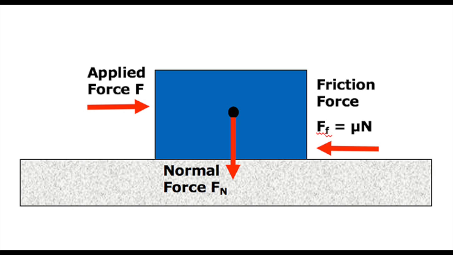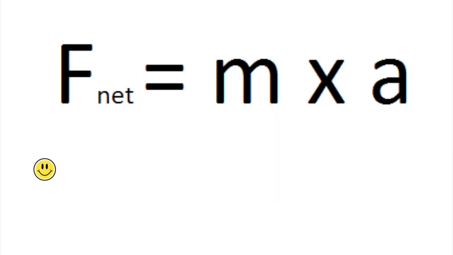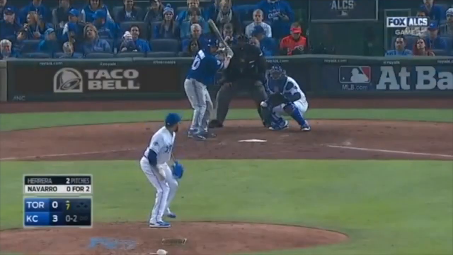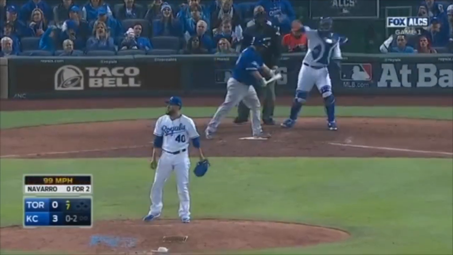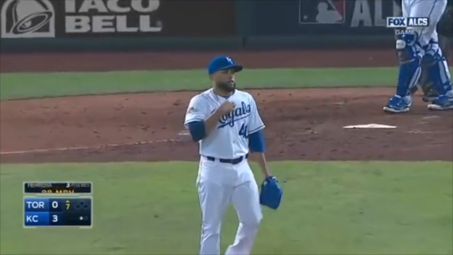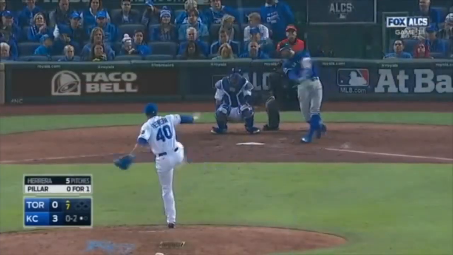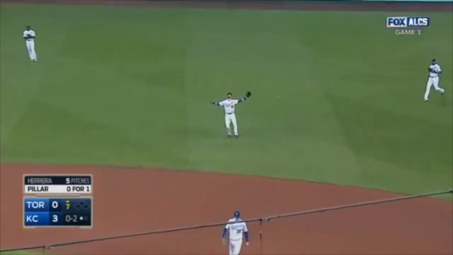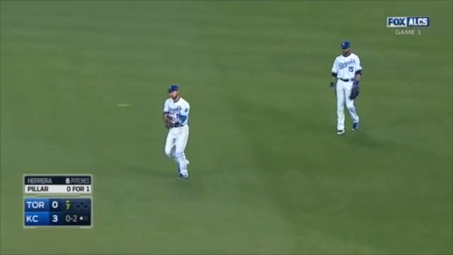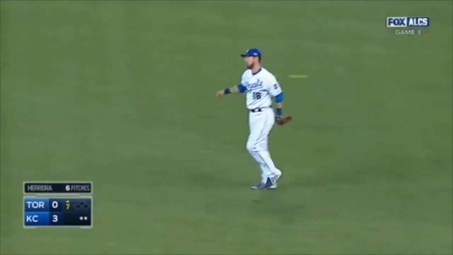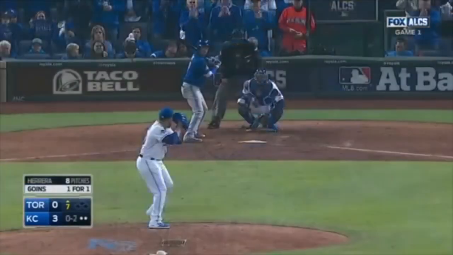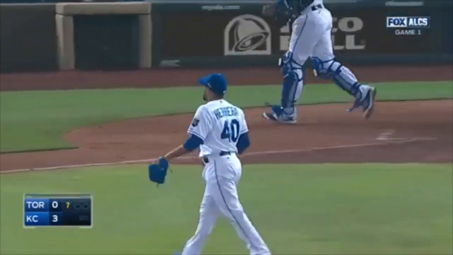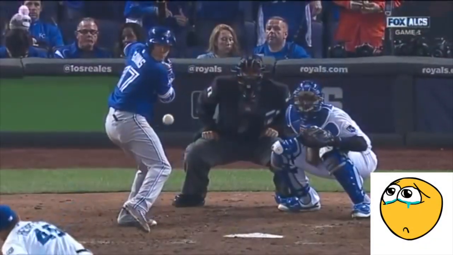Oh, and this is the perfect time to introduce Newton's second law. It describes the relationship between an object's mass and the amount of force needed to accelerate it. A great example of this is right before our eyes. See how the hitter is hitting the ball into the outfield? For sure, the force of the ball is the mass of the ball multiplied by the acceleration of the ball. Exactly. And the force of the ball after the pitcher throws it to the batter is 9.5 newtons. So the force of the bat has to be greater than 9.5 newtons in order to hit the ball into